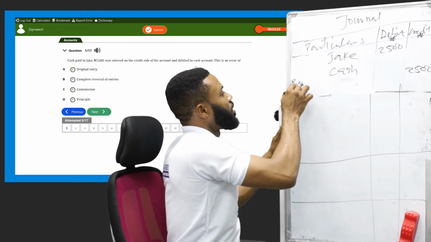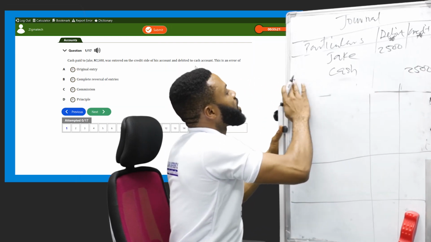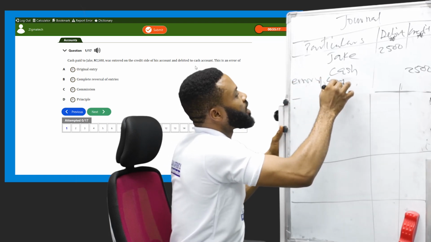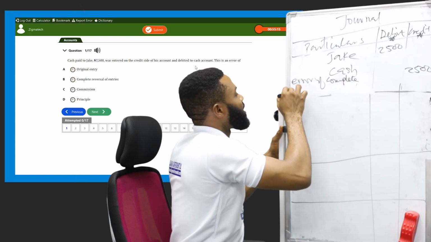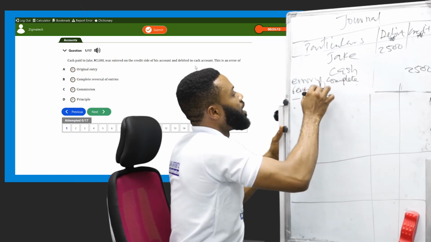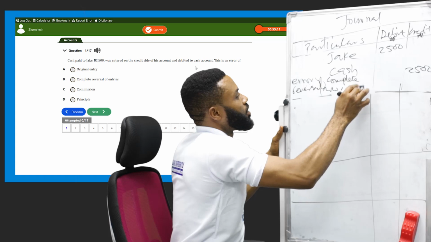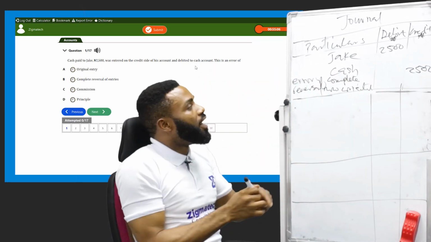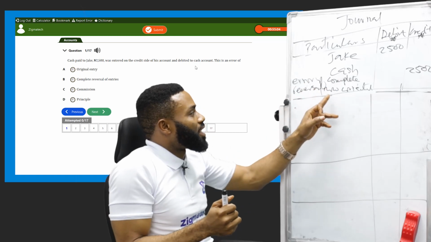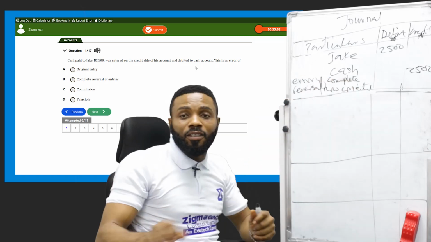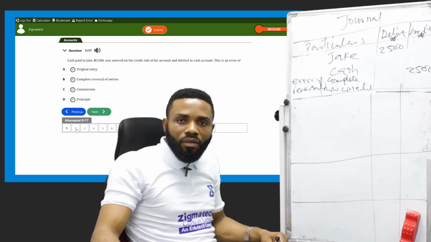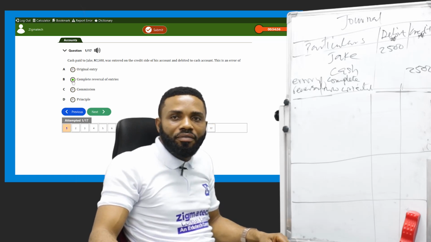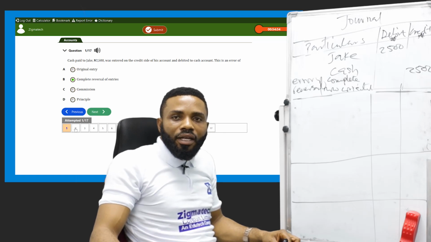You can just put error of complete reversal. Now corrected. You have completed that error. Error of complete reversal. Now corrected. So the answer here is complete reversal, which is B. And then the next one,